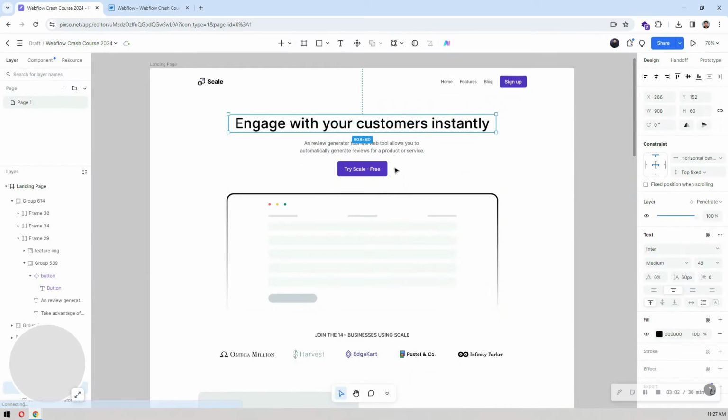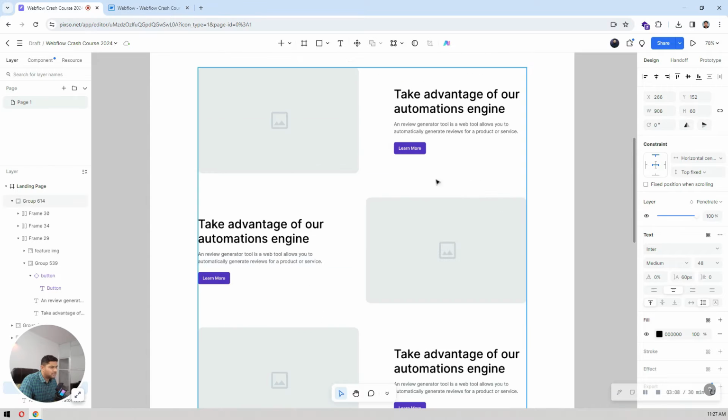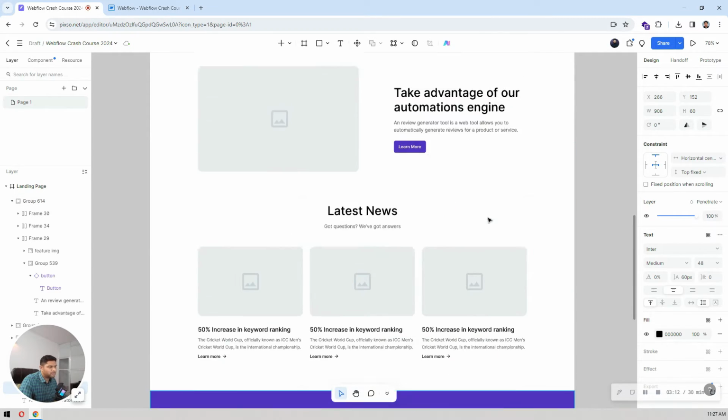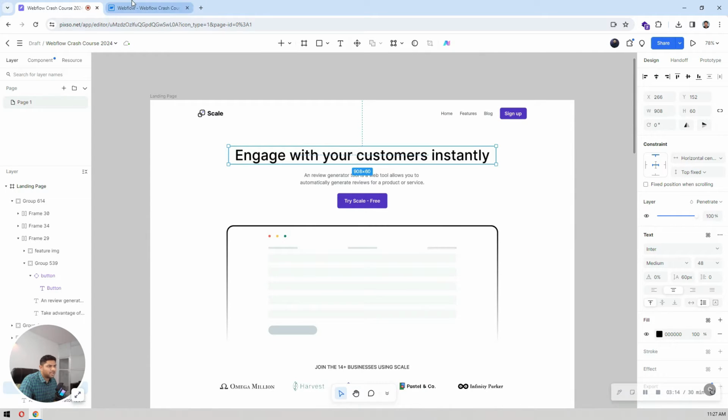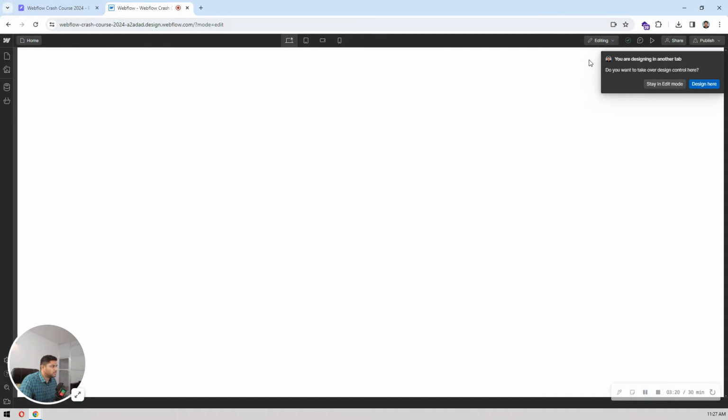So this is my process when I'm building any website. This is how I build. I add the font first, and then export all the images. Let's say here we have a logo as an image, here we have logos of our clients, here we have this image, blog images. I export all of the images and add them first here, so that I have everything in place, just to start